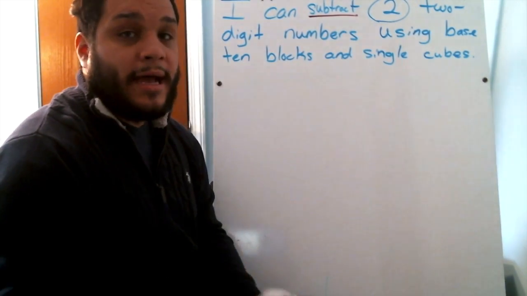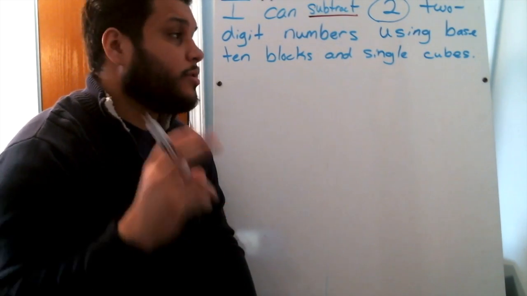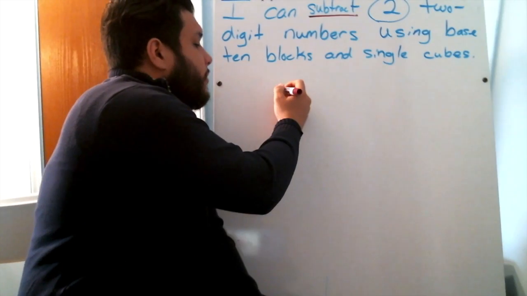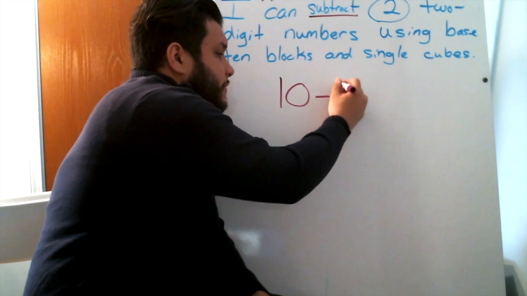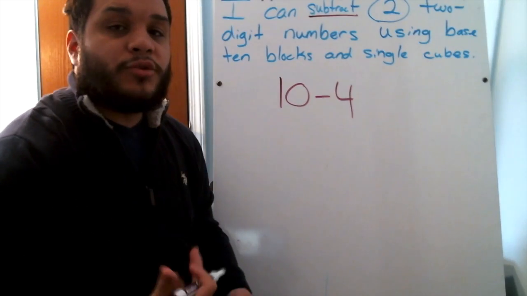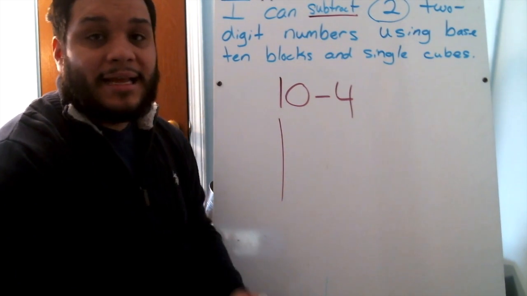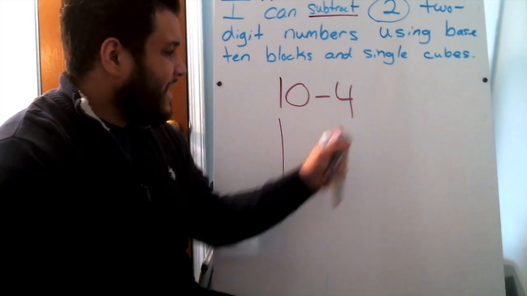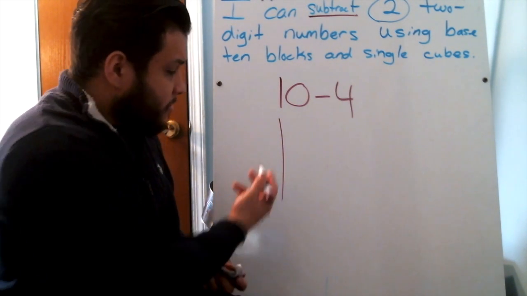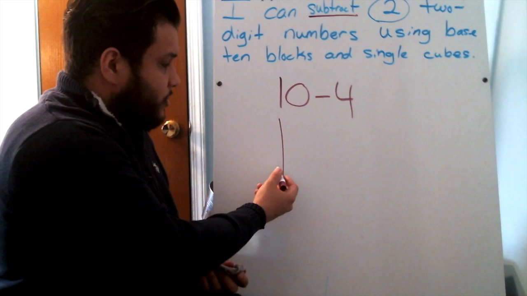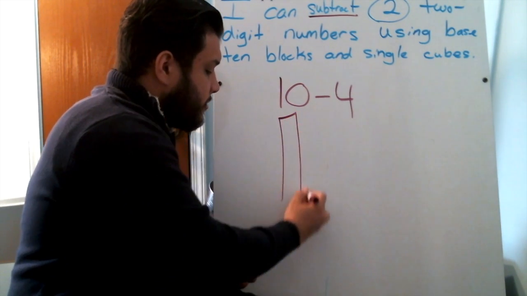Now remember, this is an example. This is not going to have two-digit numbers, so I don't want us to get confused. But if I was to have something like this, 10 minus 4, and I wanted to draw a picture to show this. If I had a base 10 drawn like that, can I subtract 4 from this? No, because I don't know where the 1 is, I don't know where the 2 is, I don't know where the 10 is. But if I were to do this,